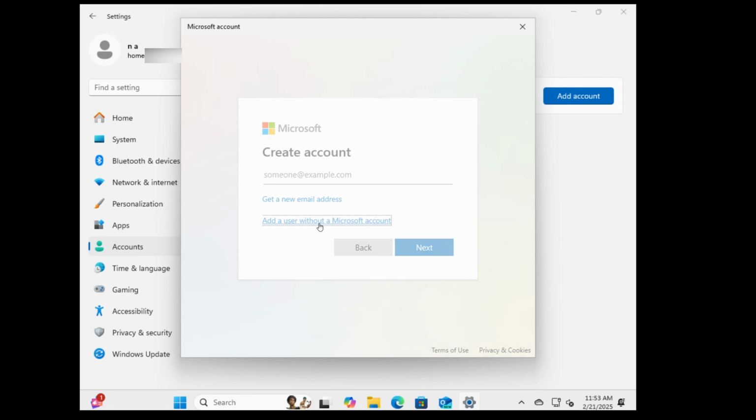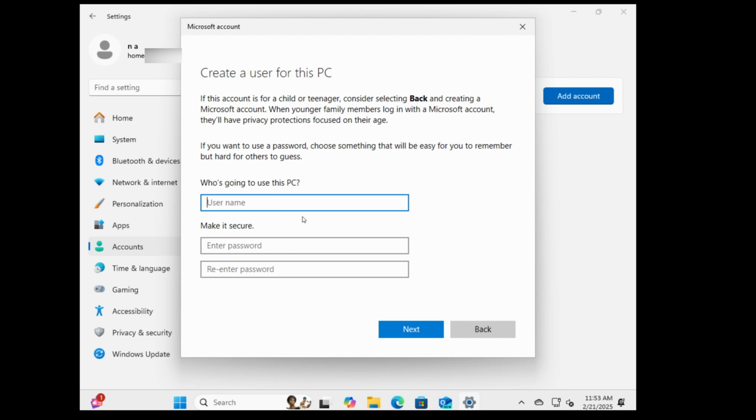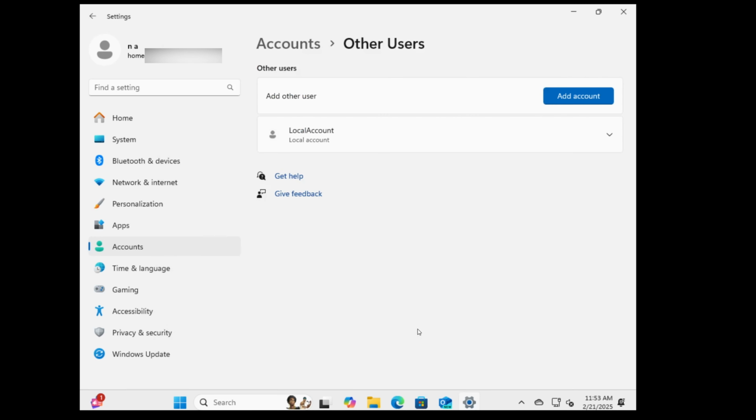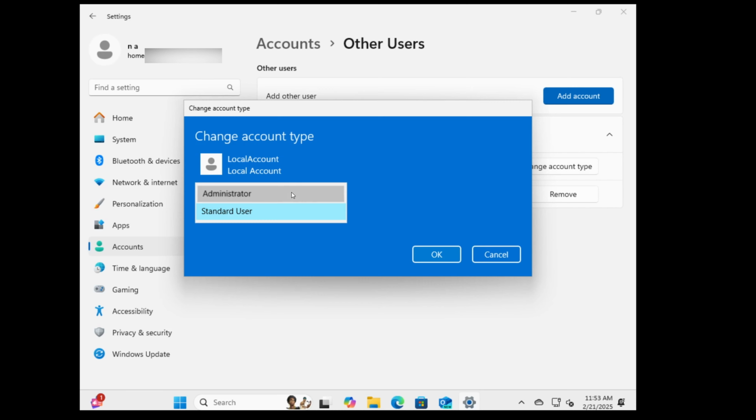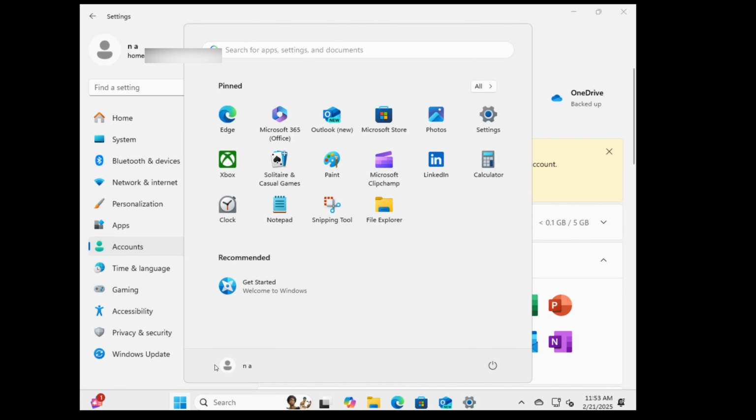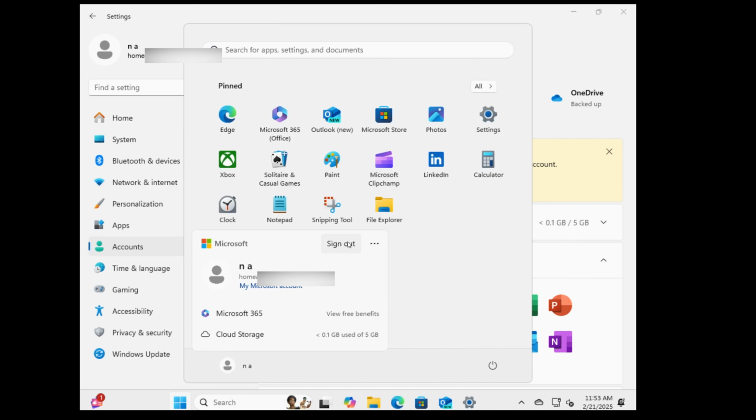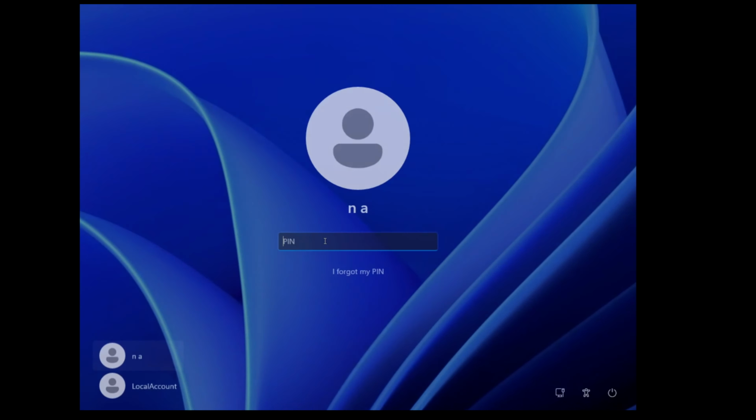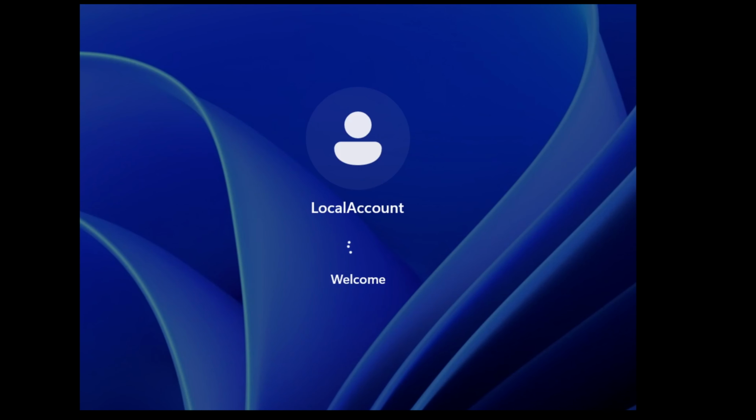Add a user without a Microsoft account. And put any name in here, your name, your family name, anything you want. I'm just gonna go with local account. Click on local account and make sure you change the account type to administrator and hit OK. Go ahead and hit the Windows button again and click on the temporary account and hit sign out. Switch to a local account, hit sign in, and we are in as a local admin account without the online